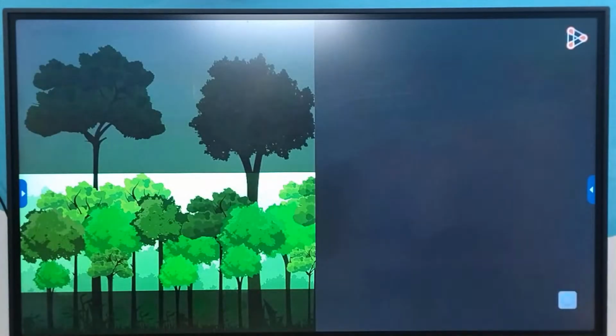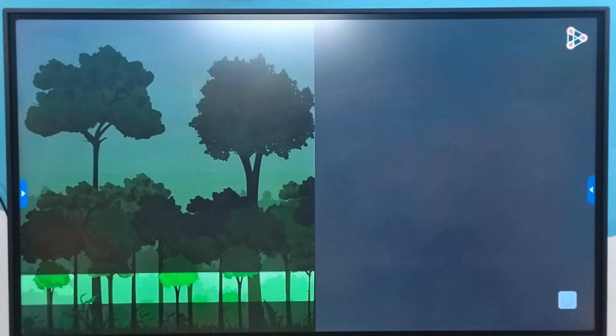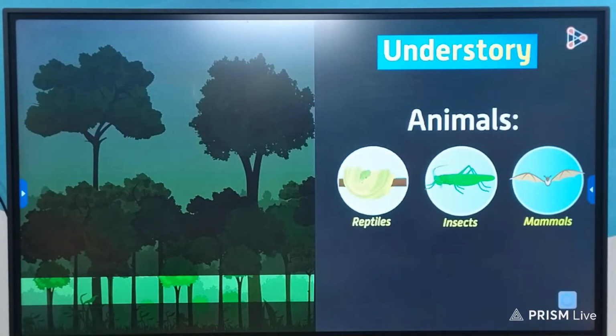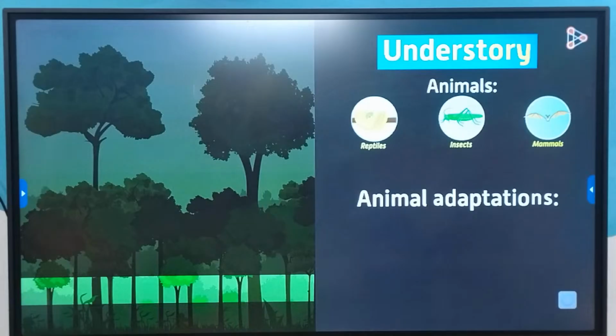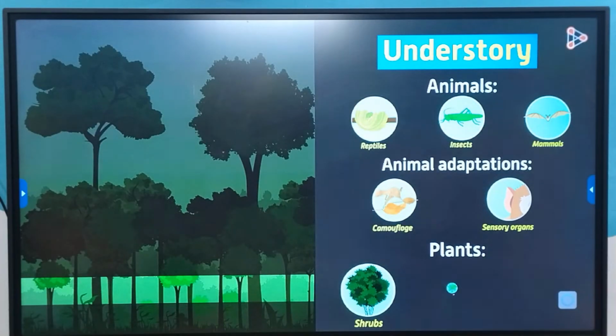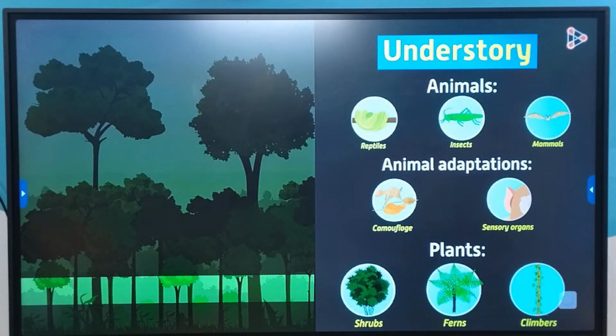Now, which region can you spot after the canopy? It's this region. The zone is called the understory. The humid conditions of this layer also help in the development of rich animal culture. Several species of reptiles, insects, and even mammals like bats dwell in this layer. Several interesting animal adaptations like camouflage, sharp sensory organs, and many more can be studied in this region. And not only animals, but even a variety of plants like shrubs, ferns, climbers, and so many others are found